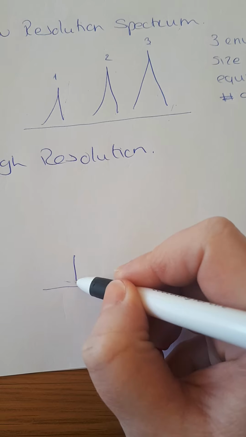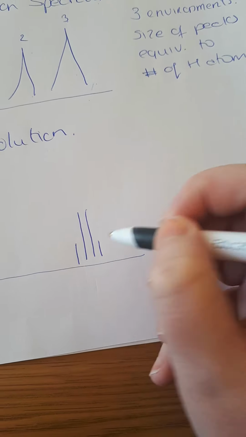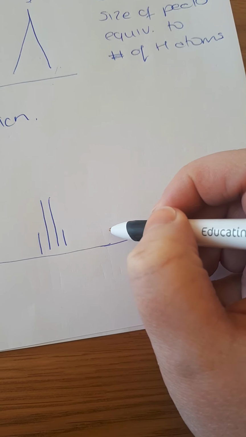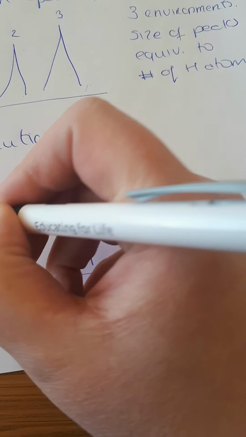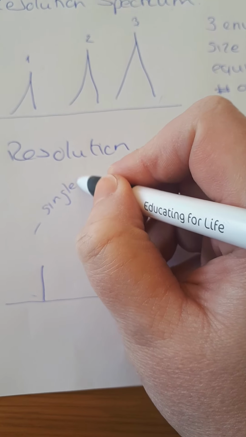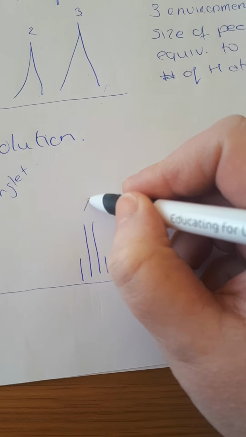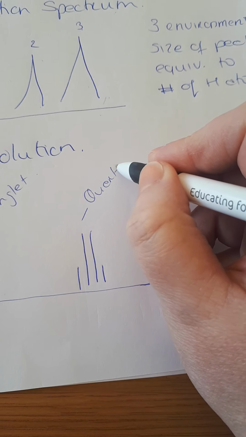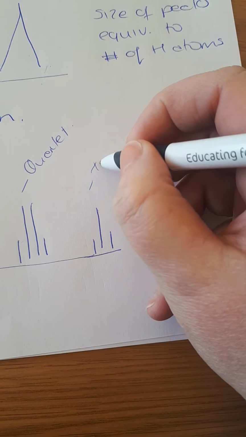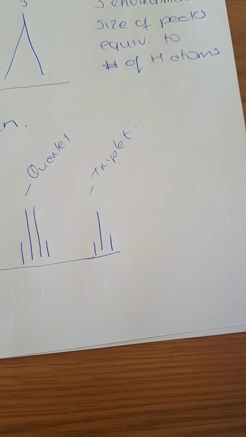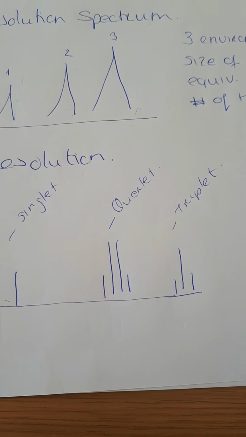So I'll have one wee line there. I have 4 there. And I have 3 there. So that's referred to as a singlet because it's one single line. That there is referred to as a quartet because it's 1, 2, 3, 4. And we have 3 here, so that's referred to as a triplet. Now you can also have a doublet, which is just 2 lines, but we just don't have that in this